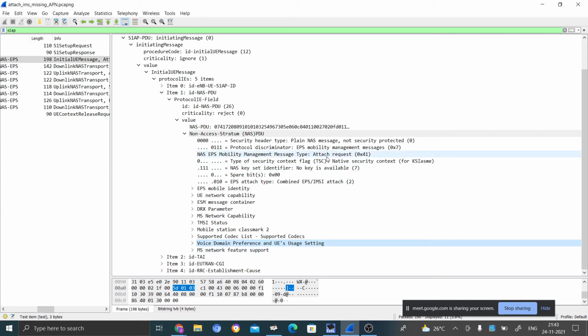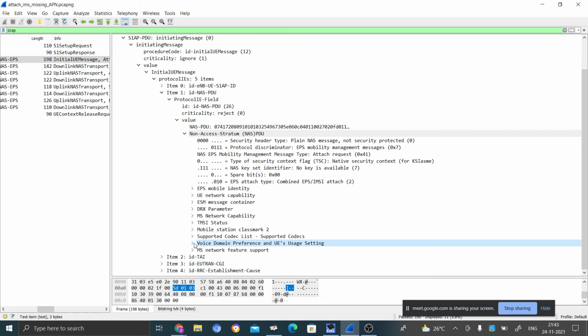So the main thing to remember is what the UE supports: the attach type, whether it is an EPS or IMSI attach type, then what identity it is using, whether IMSI or GUTI, whether it supports CSFB or not, whether it supports PS handover to W or G or not, whether it supports SRVCC or not, and also the voice domain preference, whether IMS voice is preferred or CS voice is preferred.